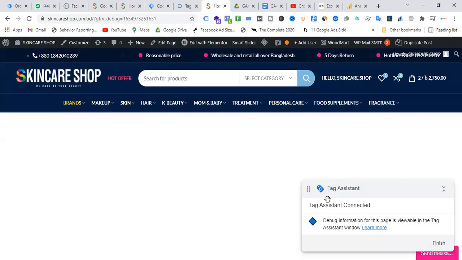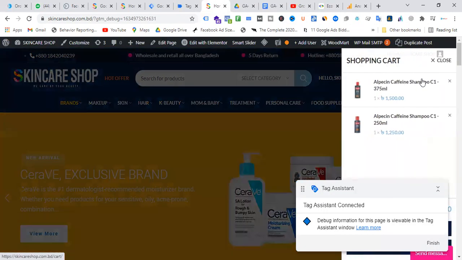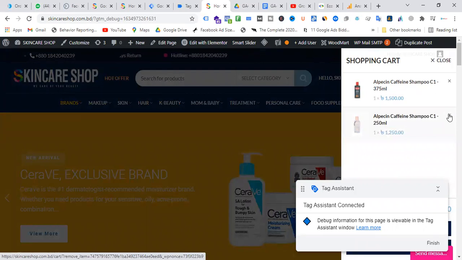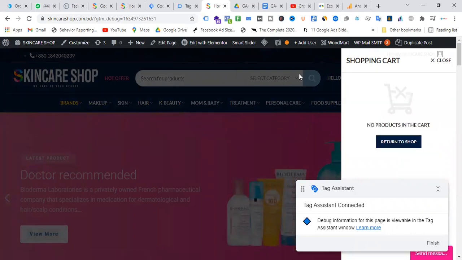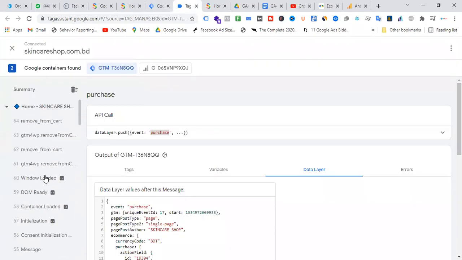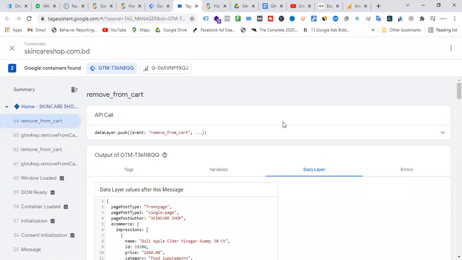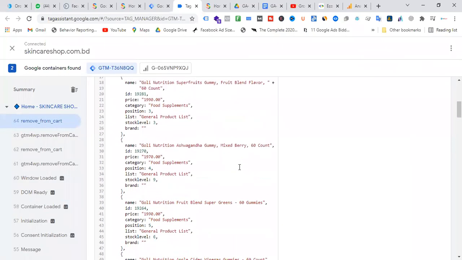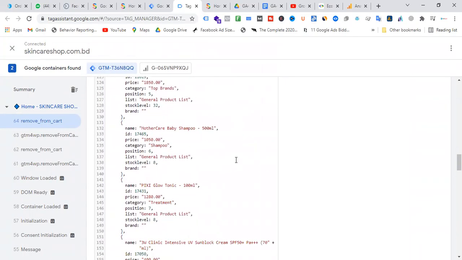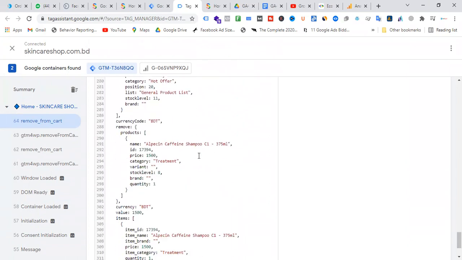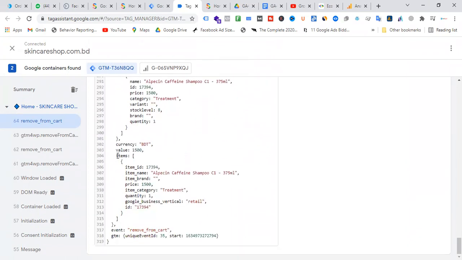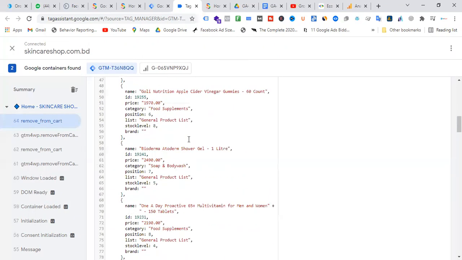So how can we do that? If you cut this product from the cart, the remove from cart event is actually fired. So we can also configure that. Basically it's the same way.